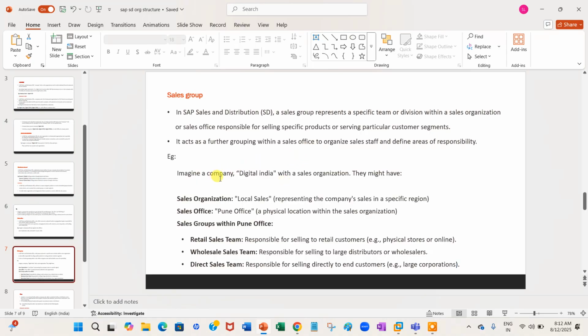For example, Digital India, suppose you have to understand, Digital India is one of the companies. With a sales organization, they might have